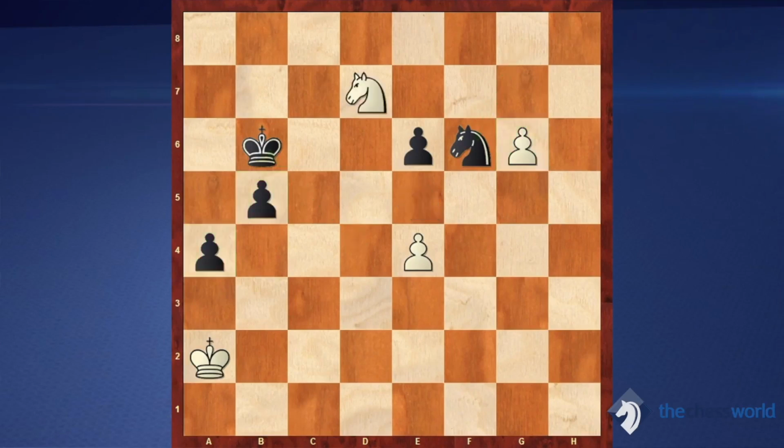So white starts with the knight to d7, attacking the king and the knight simultaneously, which forces black to take. And after knight takes d7, white plays e5. Great move that grabs the f6 square, exactly the square that the knight occupied just one move ago. And it was the key to stopping the pawn on g6, in fact,